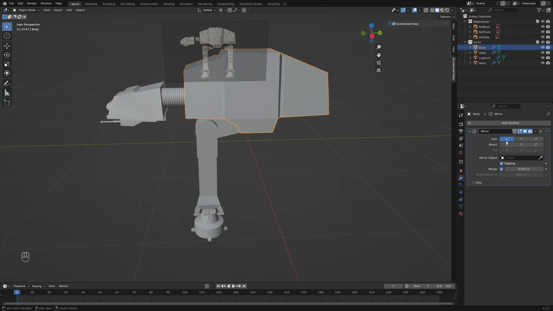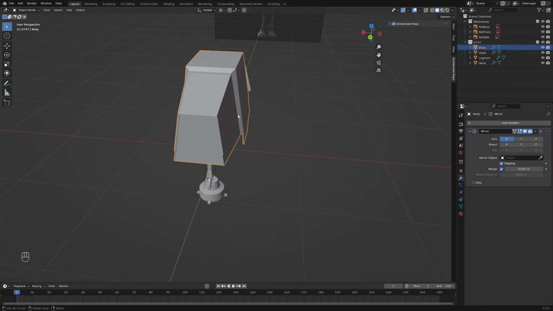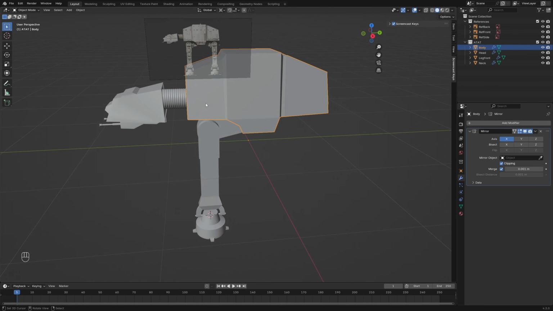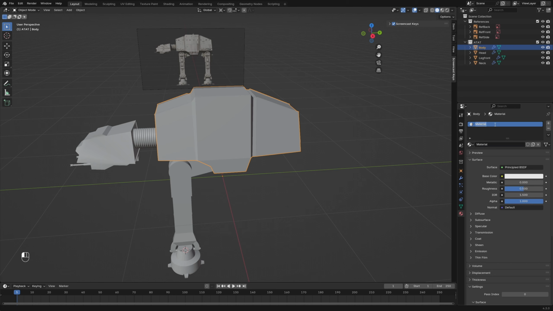When you have the mirror modifier active, the UVs will be projected on the other side and we only need to do one side this way. Go to the material menu and add a new material. We name it Material Side